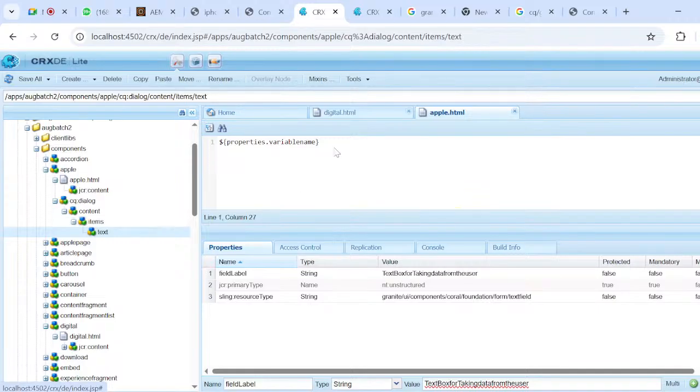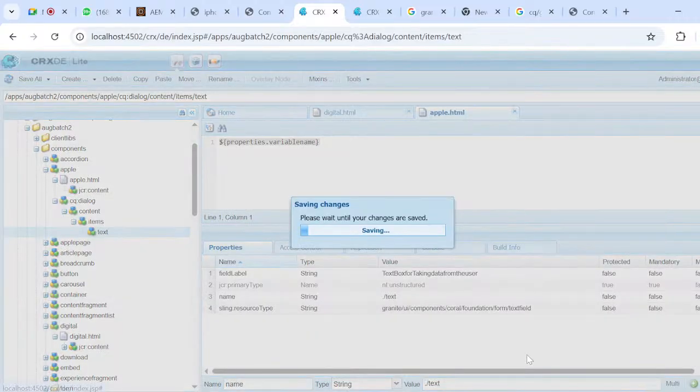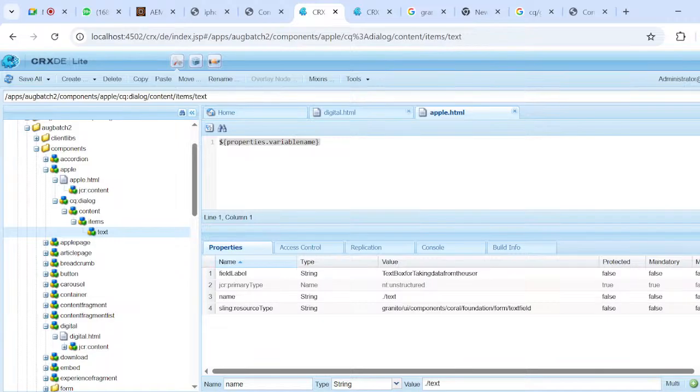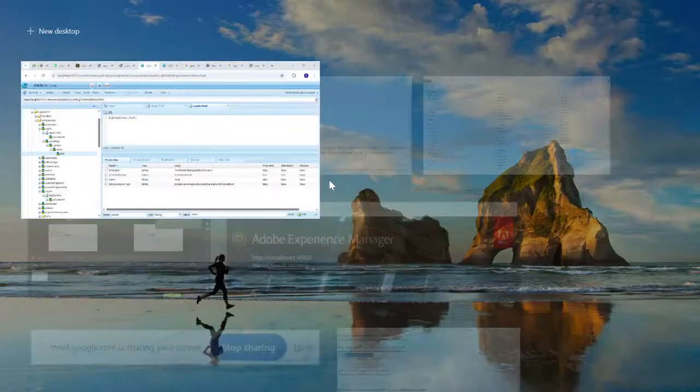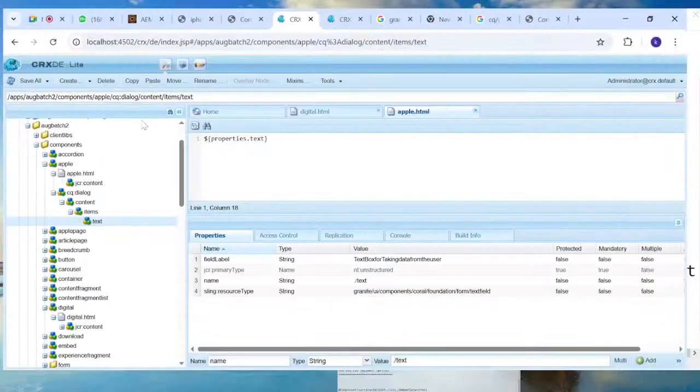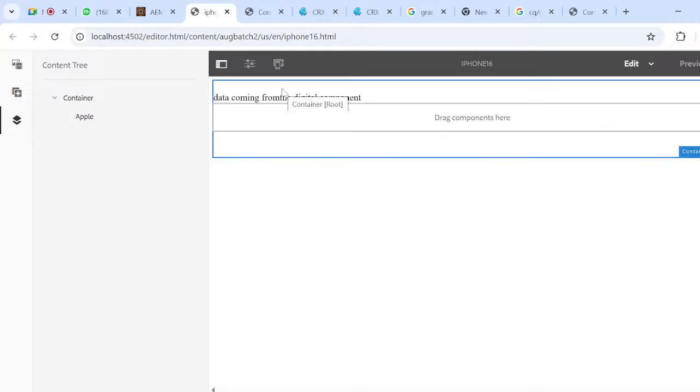Whatever value I author, that value should be stored. You can mention the property called name, and dot forward slash. Here you should give the text. Okay, whatever the authoring value, that will be stored in this variable. Now we can give the name called text. Save this one and go to here. Come to the iPhone page. Reload the page